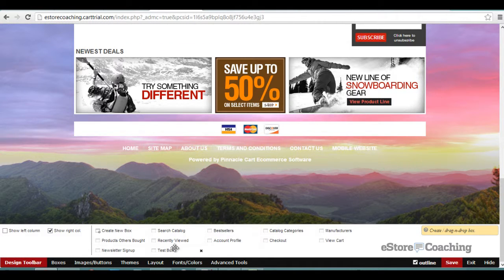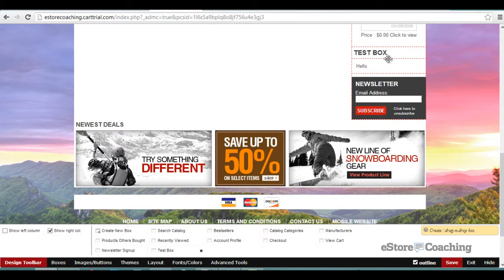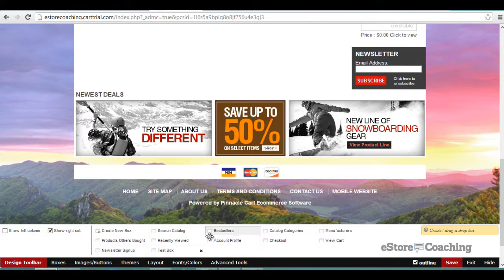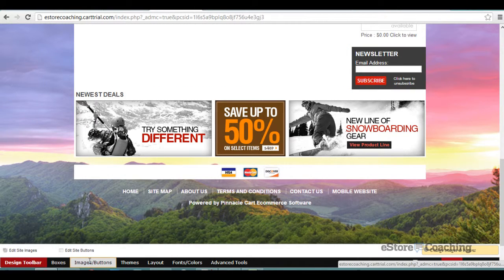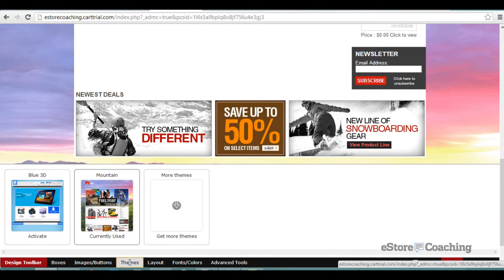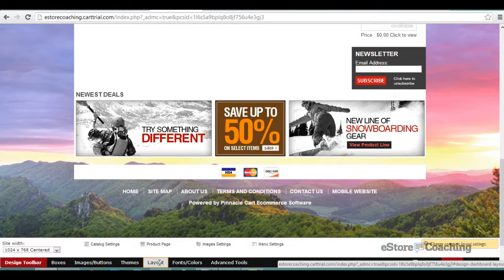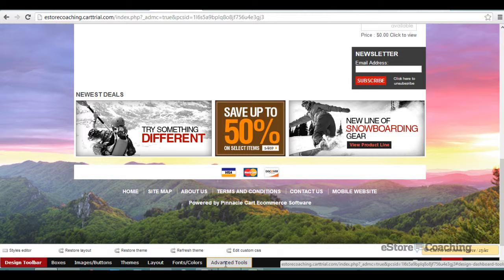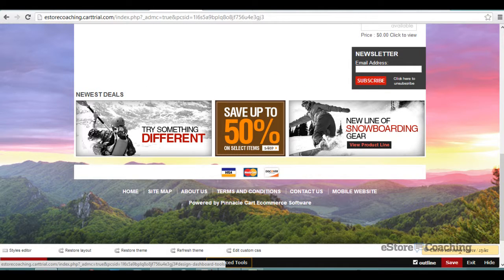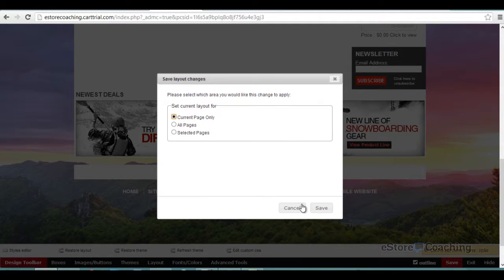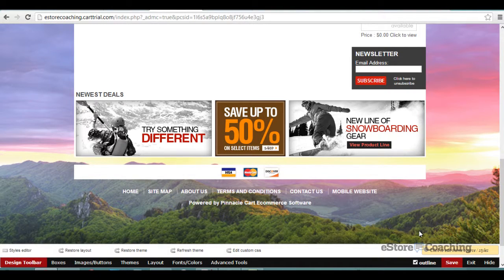And there's additional widgets over here. Manufacturers, you can view cart, newsletter sign up, search catalog, and you can remove it as well. So there's images and buttons. Here's your themes if you want to select different themes. Here's your layout, font color, advanced tools if you want to do some CSS. So let's just save this, save the current page, and we're just gonna